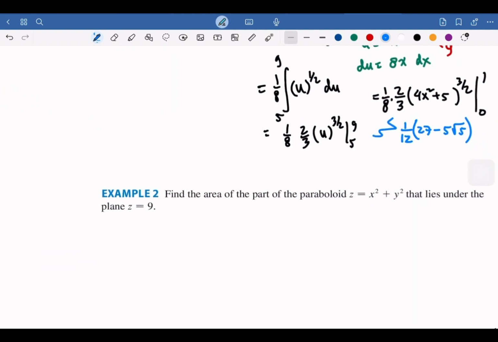This last example is the paraboloid, the same paraboloid as the previous example. It lies under the plane z equal 9. So we have the plane z equal 9 that cuts the paraboloid, and then we need to find the surface area of the part of the paraboloid cut at z equal 9. So if we draw,